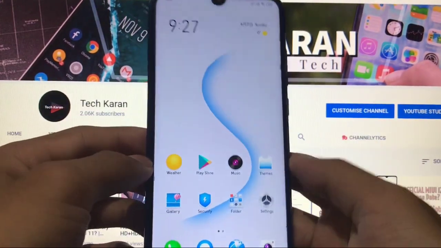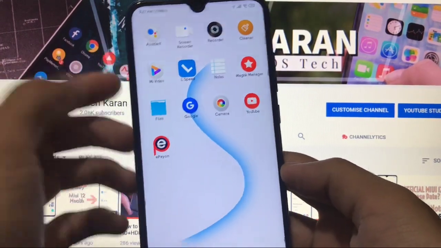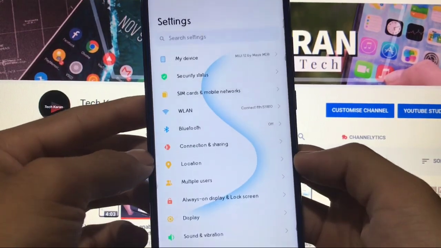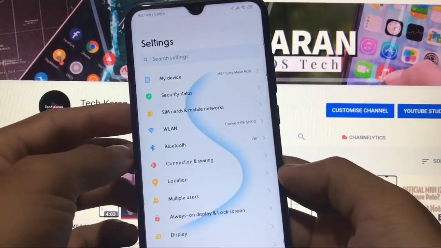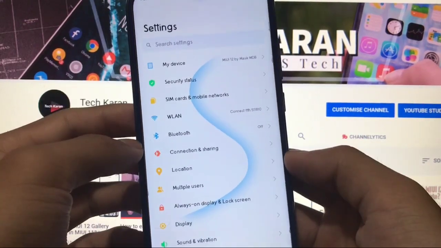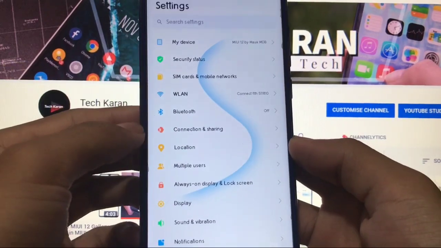You can launch from side swipe up, looks pretty much awesome. Google Assistant option is available here. Moving on to settings, let's check out some things which you get here. First of all, one of the main things is you can see no divider here, not a single divider, and this is one of the unique things, and this is only in the Masik build.